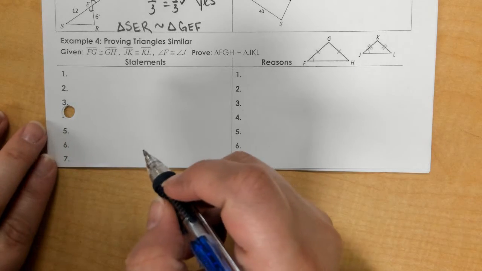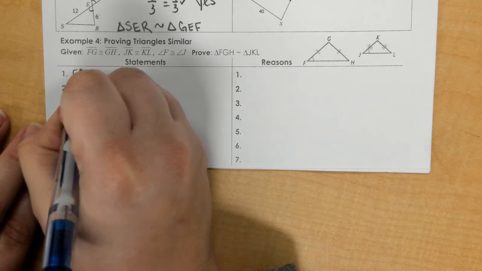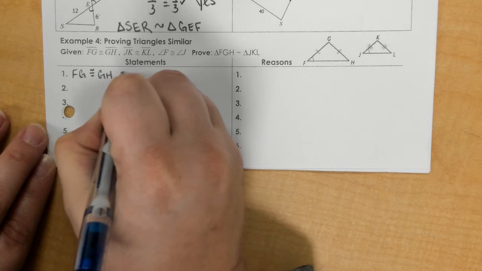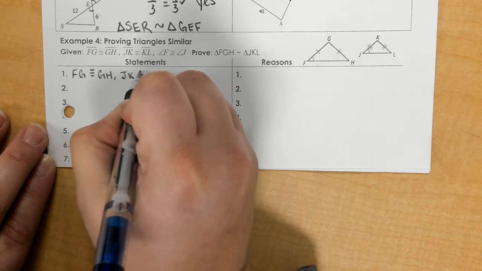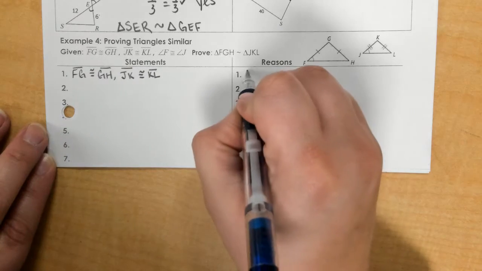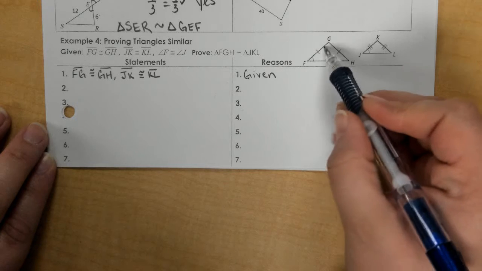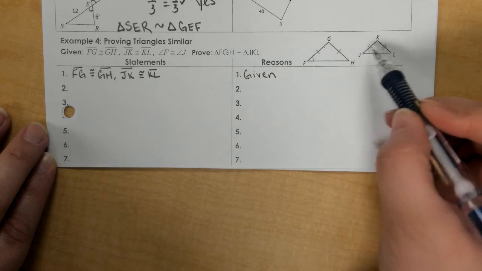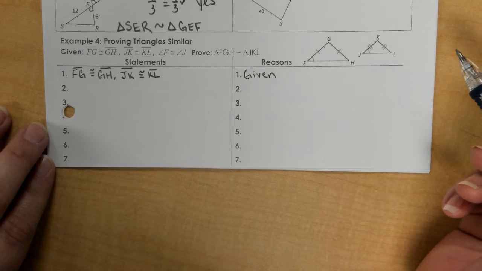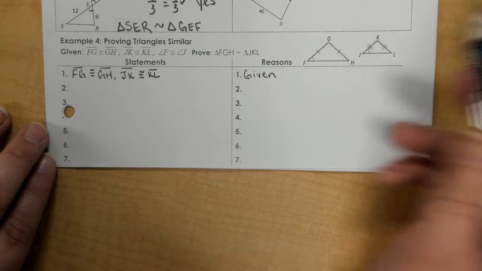For the first step, we're going to go ahead and write down part of our given. So FG is congruent to GH, and JK is congruent to KL. And I did that just because those are my two sides that are comparing there. Okay, so FG, GH, JK, KL. So to me, these look like isosceles triangles here. Okay, and then we could say that